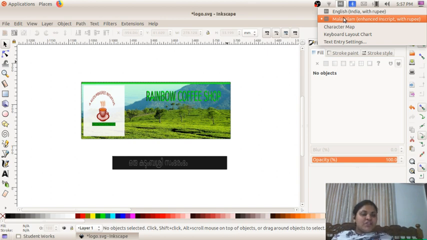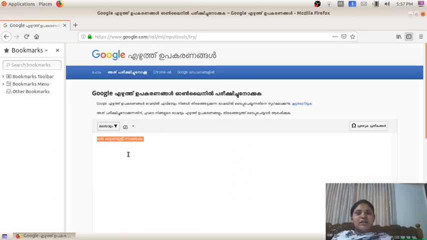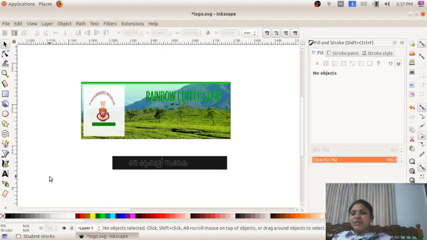Before changing to Malayalam, we can get the correct font online. So we searched online. In the same way I typed Oru Kudumbashree Samrambham, and I got the Malayalam translation in the correct way. I copied from here. After that I pasted it in Inkscape.